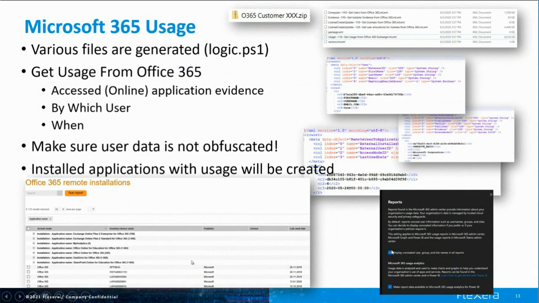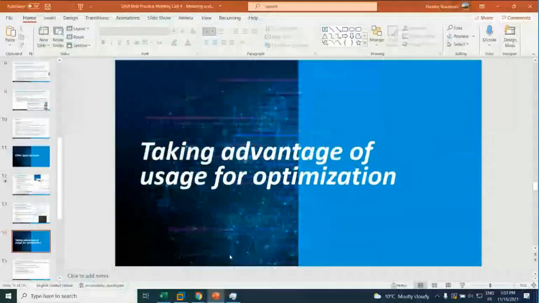And if you uncheck that, you will start seeing what we see here, which is online usage for a number of applications. And you see typically, a computer with this access mode, very important. That's how you define that an application has been imported from the Office usage, Office online usage or Office portal. We will flag, with Office 365, the installed application. So you can create very quickly a report